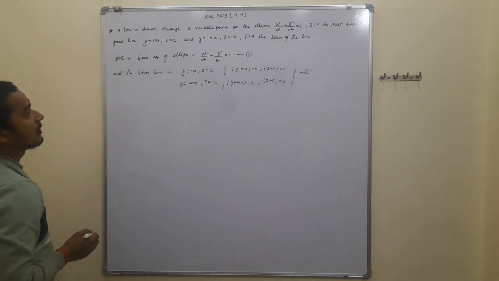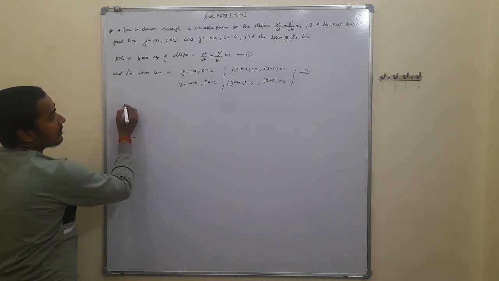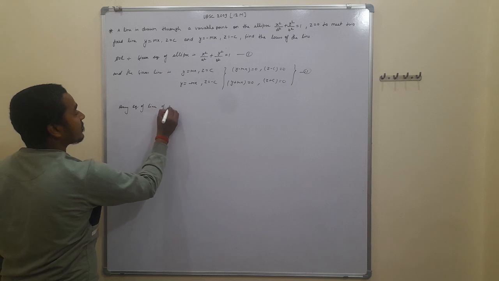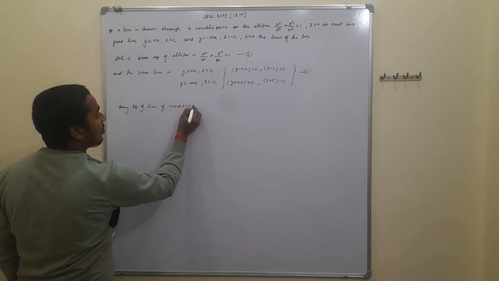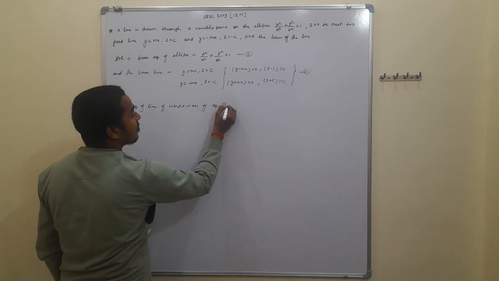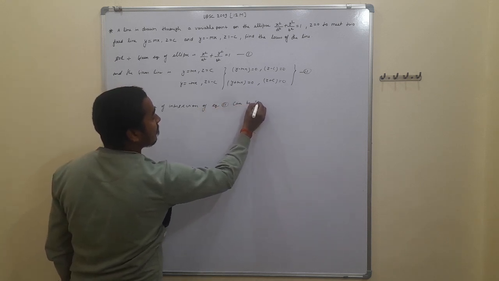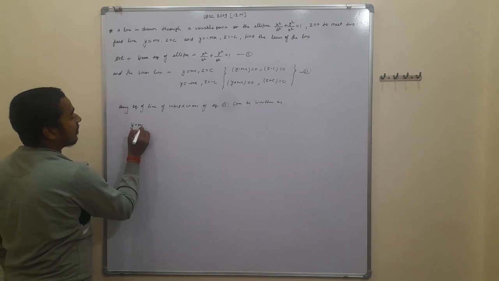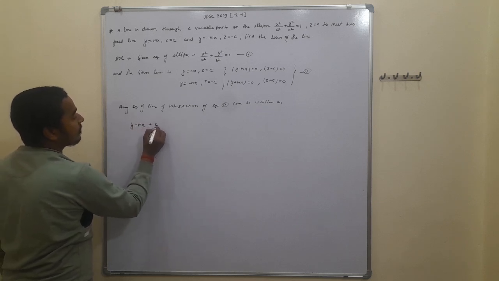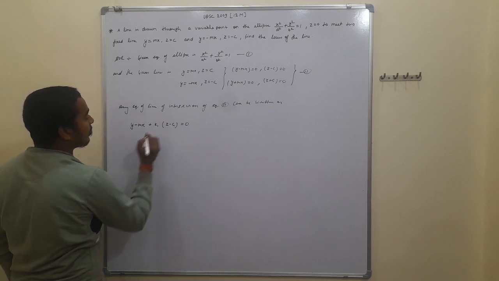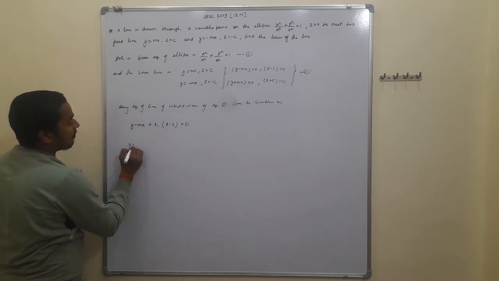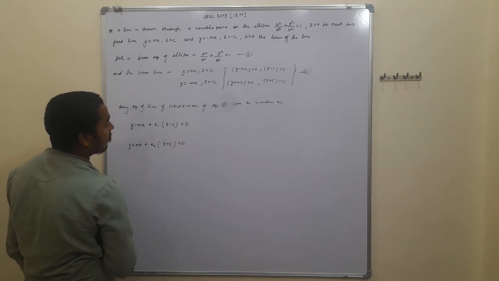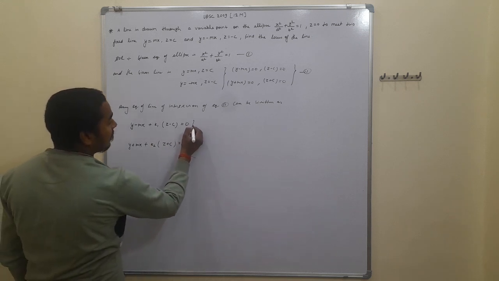and further we have to write the equation of any line of intersection of equation 2, which can be written as y minus mx plus k1 into z minus c is equal to 0, and for the second, that is y plus mx plus k2 into z plus c is equal to 0, and let this be equation third,